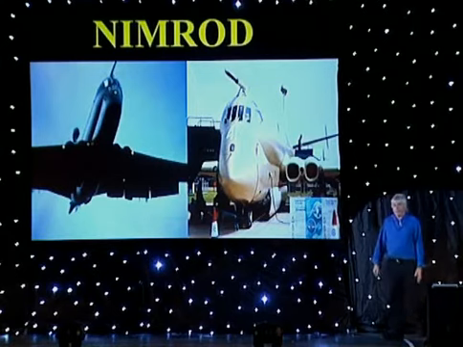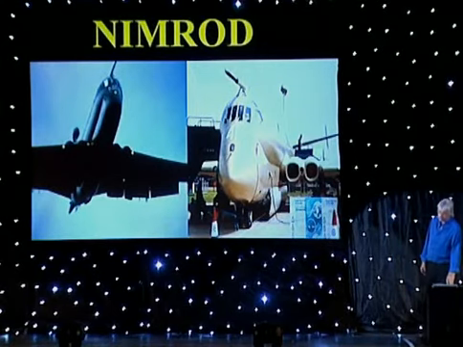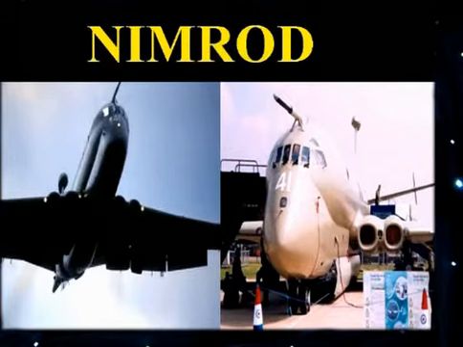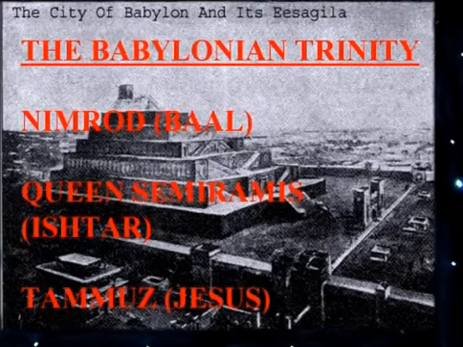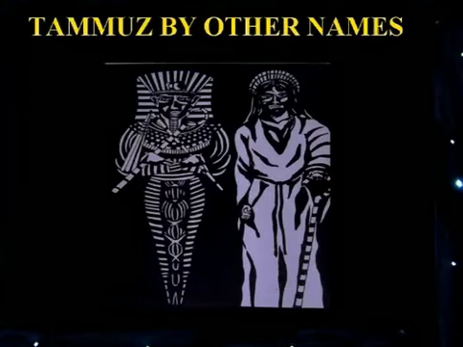Nimrod, you find Nimrod again used in the modern world all the time by the people who are behind this knowledge. You have Nimrod aircraft and all that stuff. And then we come to Tammuz, Jesus. Same thing, this is Horus. All these sons of God are the same